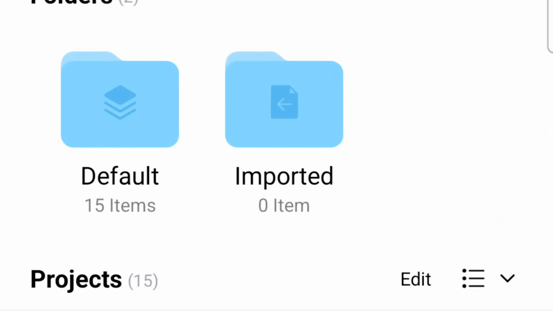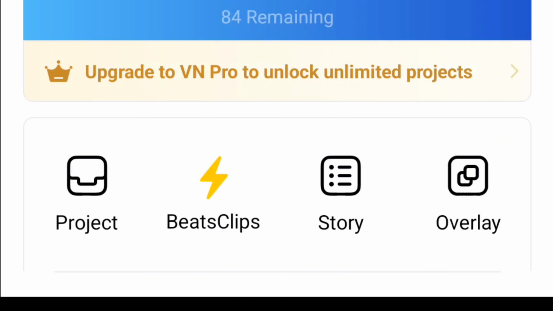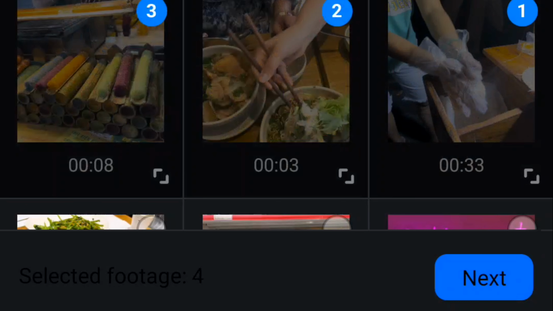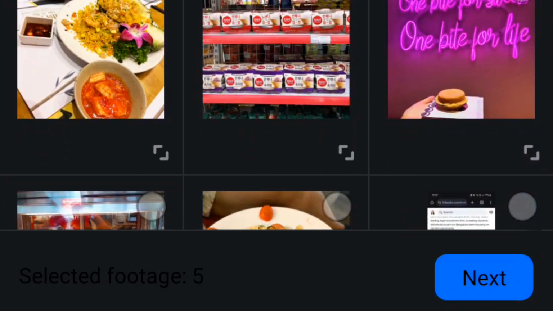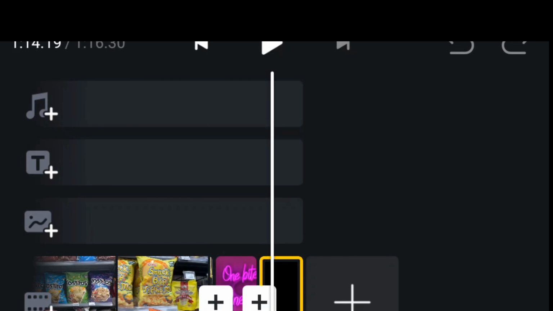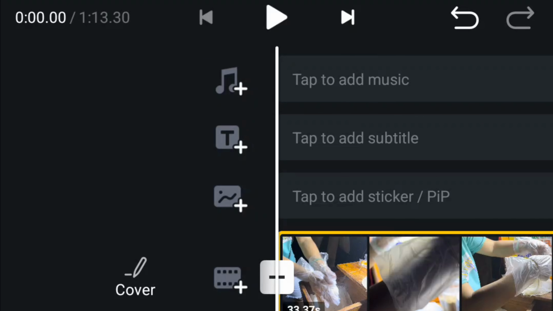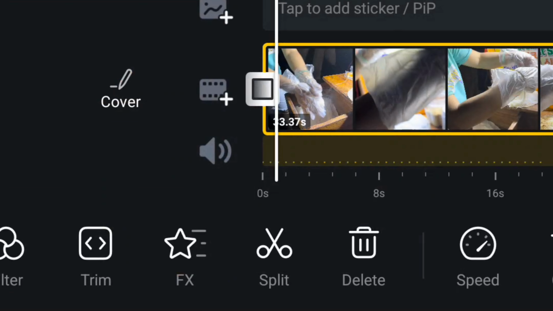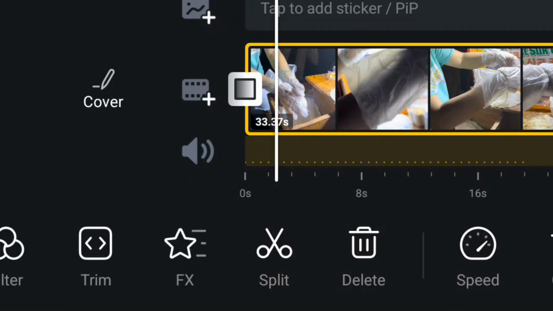So first you have to open the VN app, then click on default, then project, then click on the add button, then add the clips you want, and then click on next. Then delete the last clip which is empty, and then click on add between the clips and add the transition you want, and then click on the video and